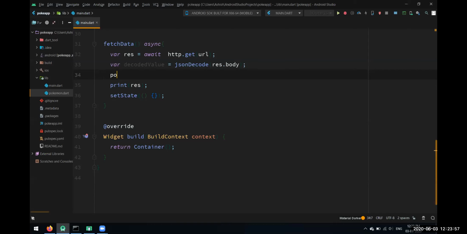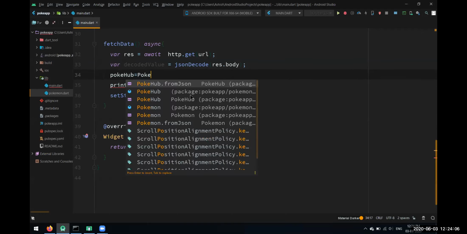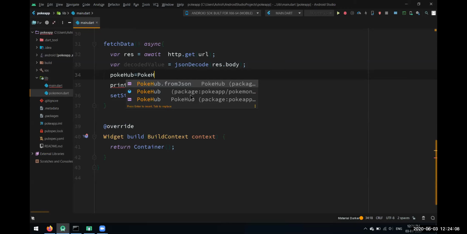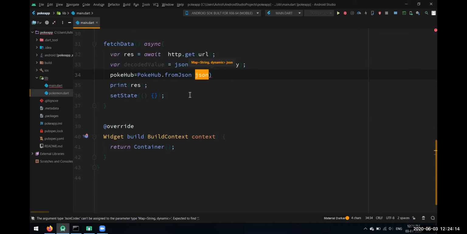We'll set the PokeHub object equal to PokeHub dot from JSON, and we give it the decoded value that we have here.